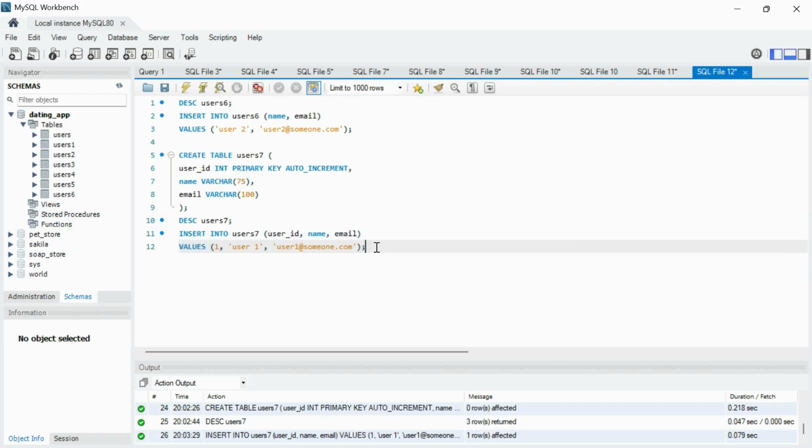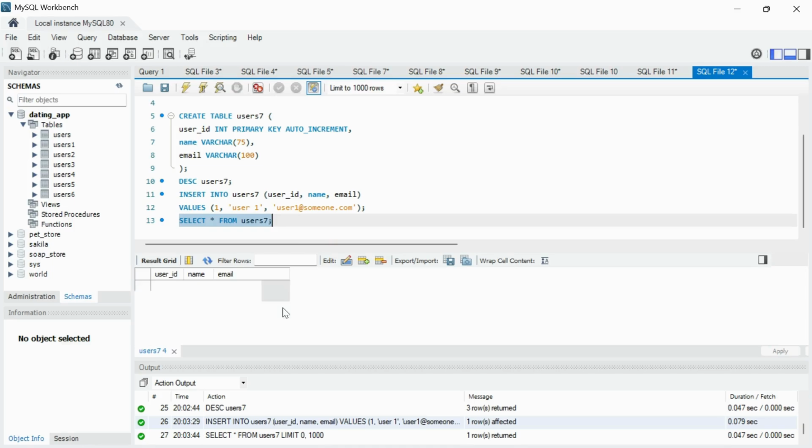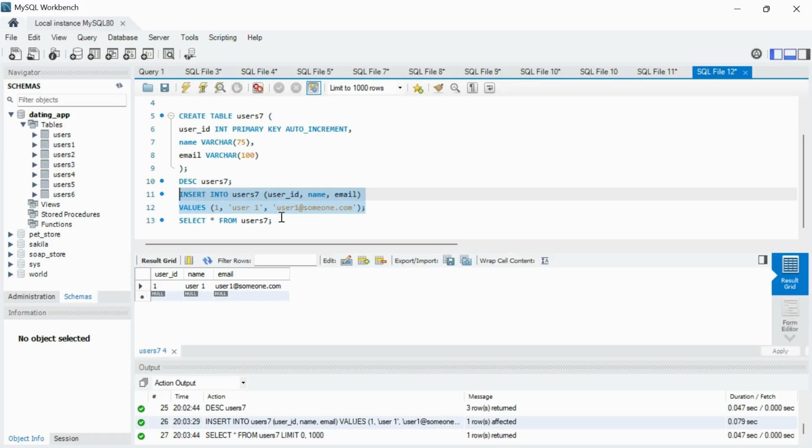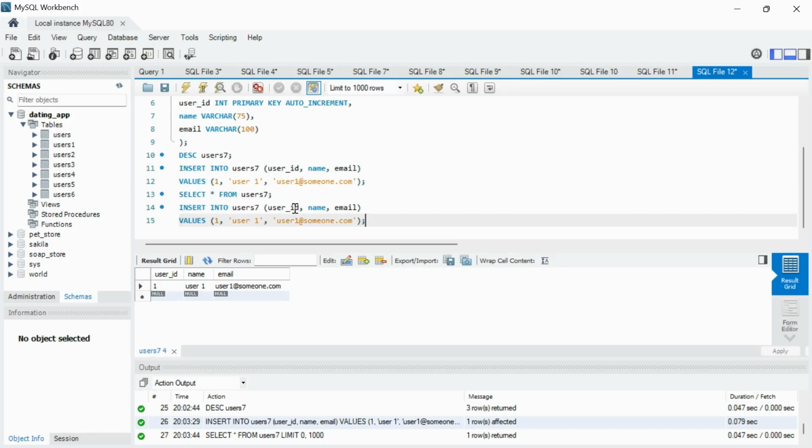It is inserted, and let me try to show you the records which are inserted. Users 7. Let us try to execute it, which is id 1, user 1, and this email. Now let me try, if I don't give this user ID here,